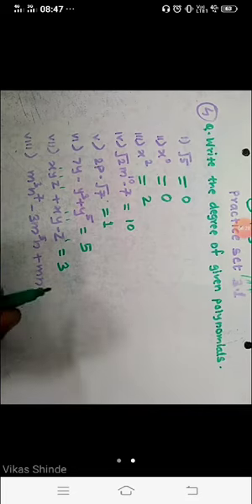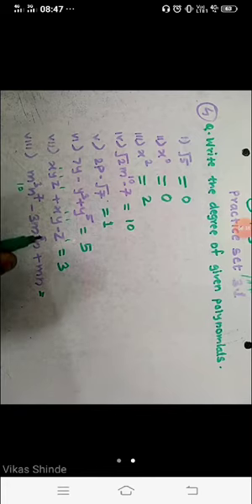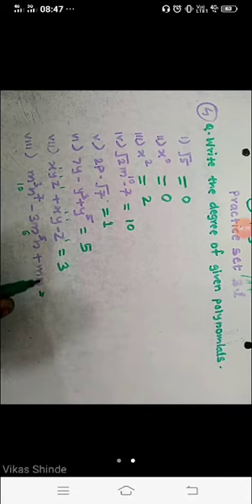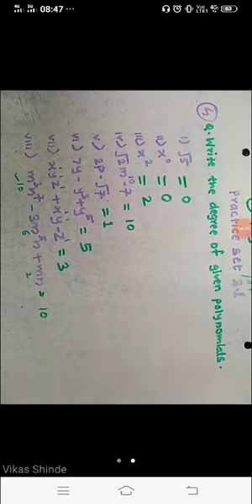Same thing here in the last question. We have to add these two indexes here, 3 plus 7, normally here 10. 5 plus here is nothing means 1, 5 plus 1, 6, and here is 1, here is 1. 1 plus 1, 2 here. So this 10 is bigger here. So finally here degree of polynomial 10 here. This is the answer of this question here.